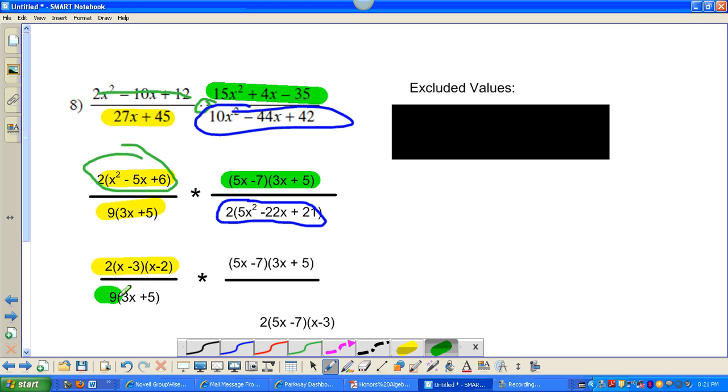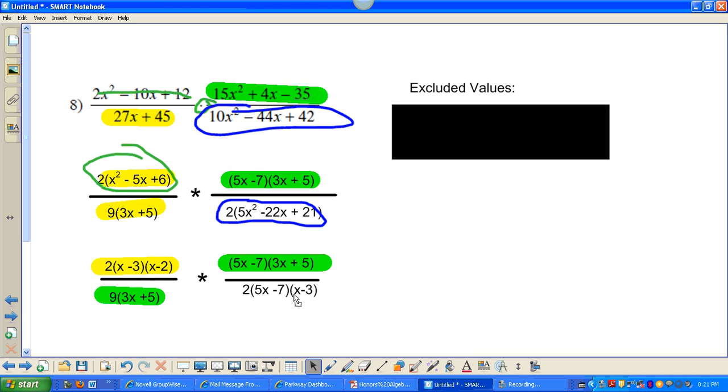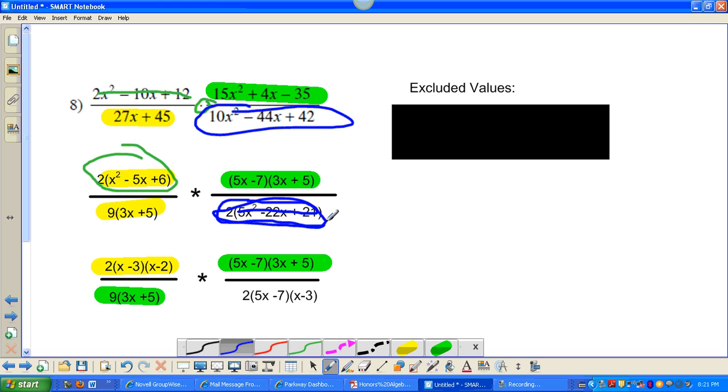Then I just carried the 9 times 3x plus 5 and the 5x minus 7 times 3x plus 5 from the previous step. And then I was able to factor the 5x squared minus 22x plus 21 part into 5x minus 7 times x minus 3. So then I cancel out my common factors. I have 3x plus 5 as a common factor, 5x minus 7 as a common factor, x minus 3 as a common factor, and so what I'm left with is 2 times x minus 2 in the numerator